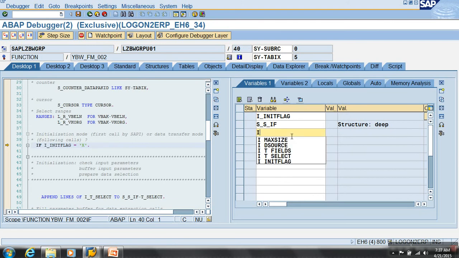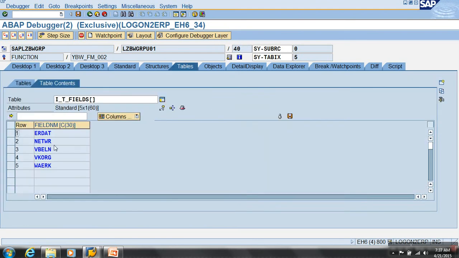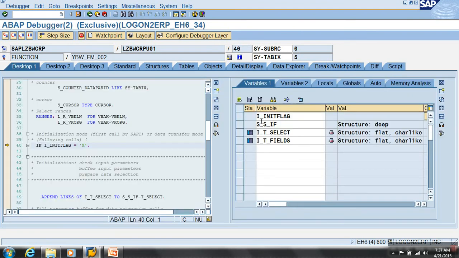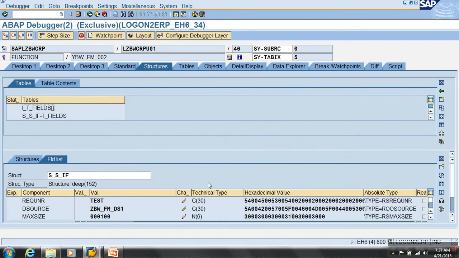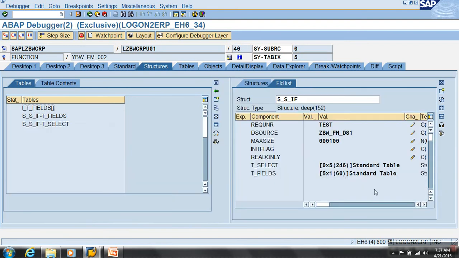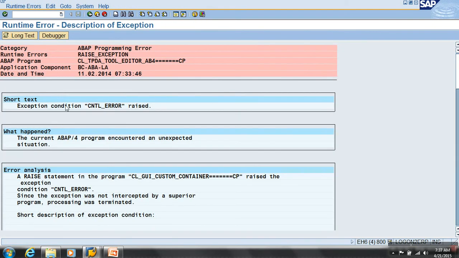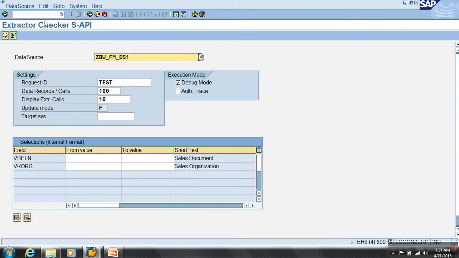See, now when it is called again, I_T_SELECT or I_T_... we have to get into what? S_S_IF. Okay. Now what is the init flag now? Tell me.